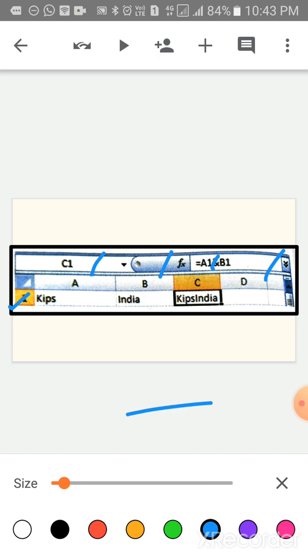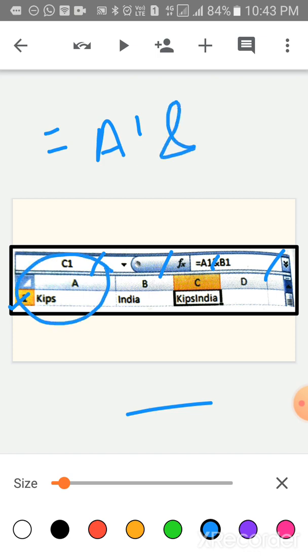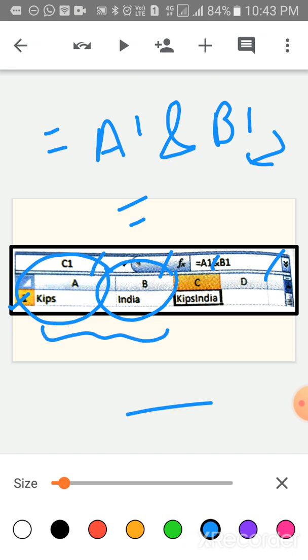So A1 is equal to A1, A1 means this, and B1, this one, B1, and then press enter. The result will come: A1 plus B1 is equal to C1, meaning KIPS India will appear. This is the result.